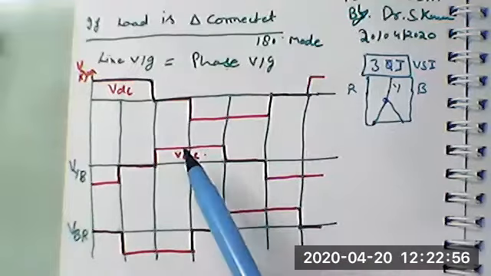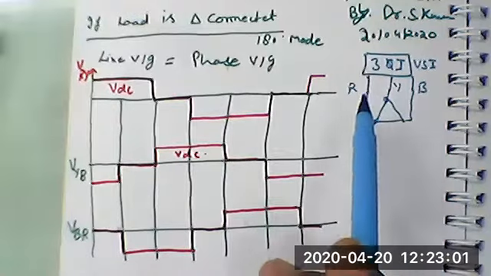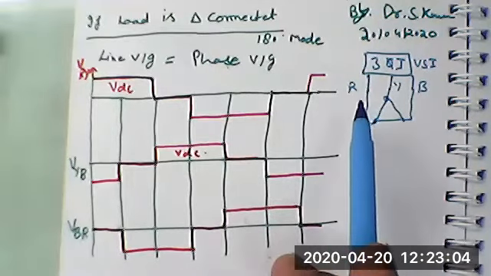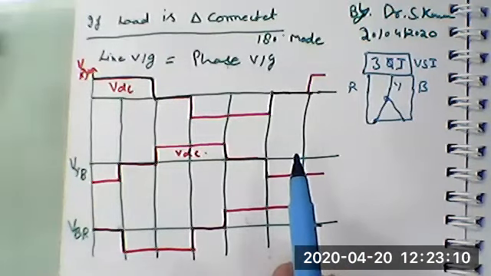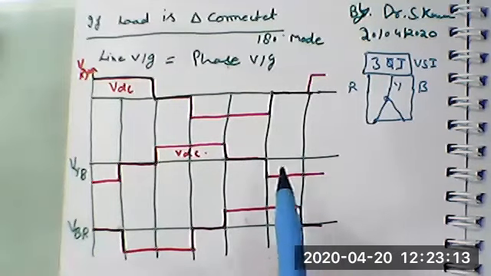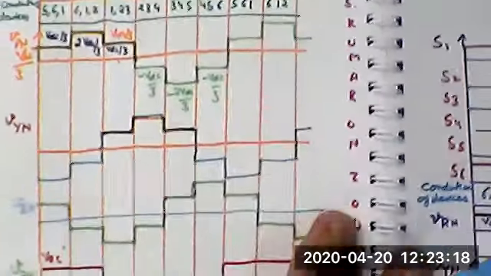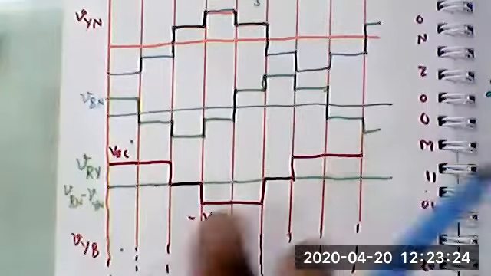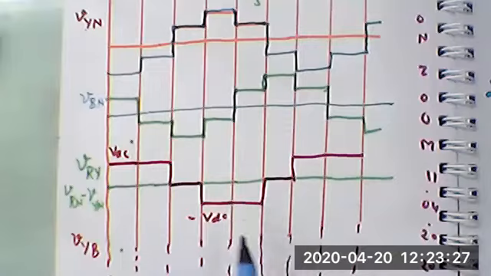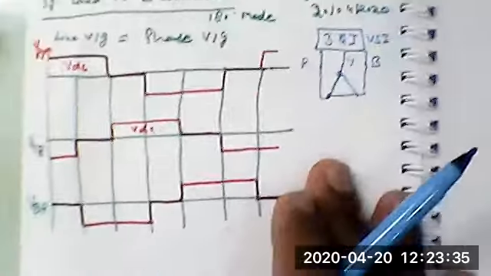In case I have drawn it for 180-degree mode, 120-degree mode already drawn. So the same line voltage will appear across the line, and phase voltage is equal to line voltage in case of 120-degree mode. So as such, nothing is to be drawn, but since you haven't tried, that is why you people don't know what would be the waveform. We have already drawn this waveform in our previous lecture that you can notice. This is 180-degree mode of conduction. We have drawn the line voltage. The same line voltage will appear across the line in case of this delta connected load, and phase voltage is also equal to the line voltage.